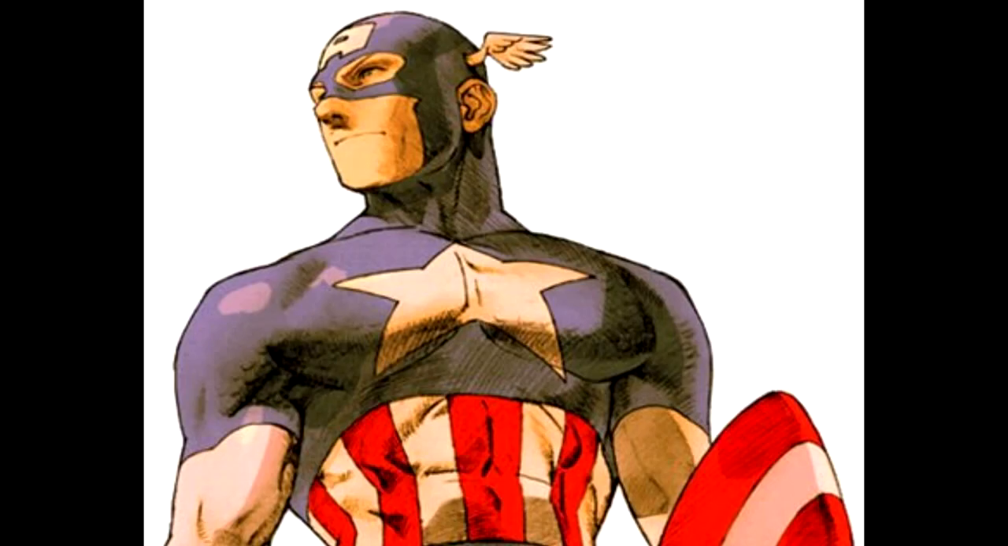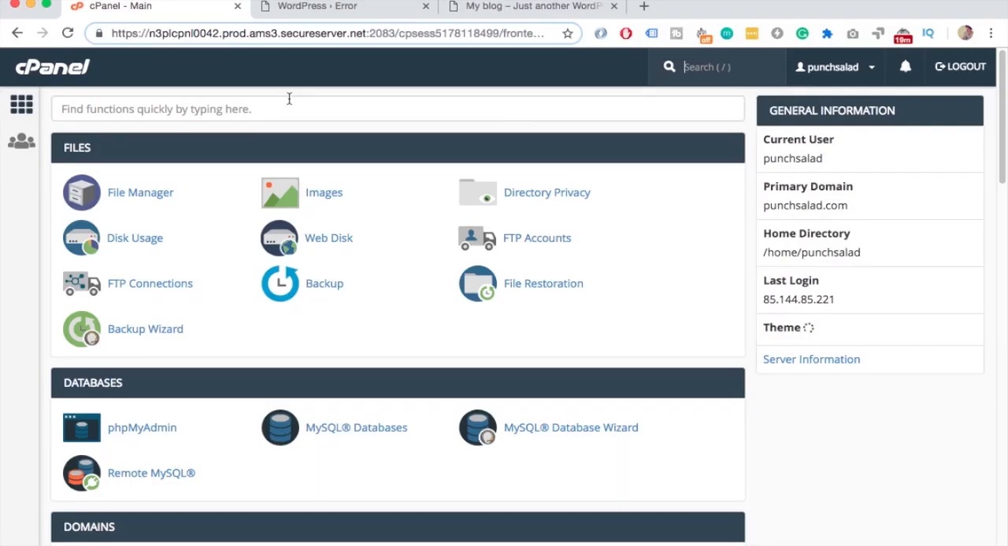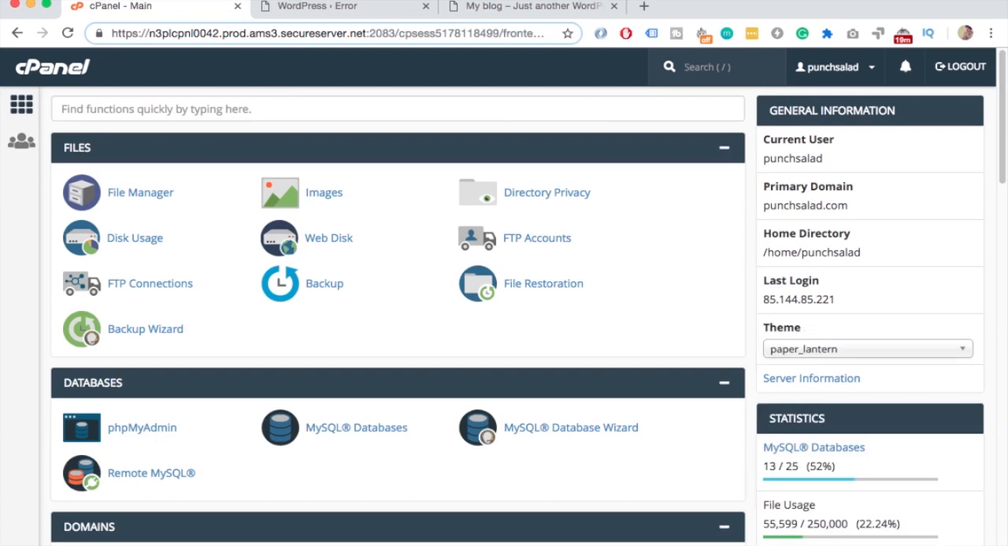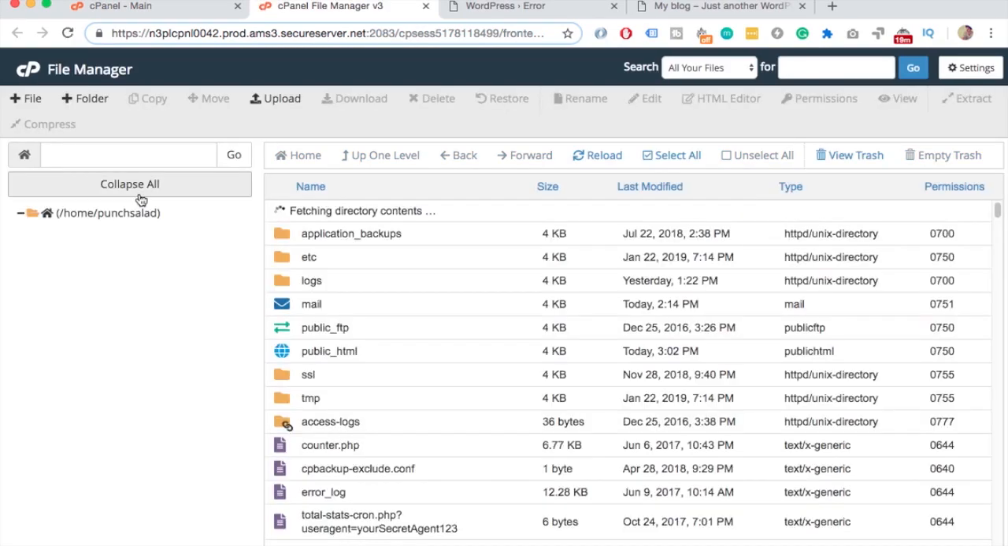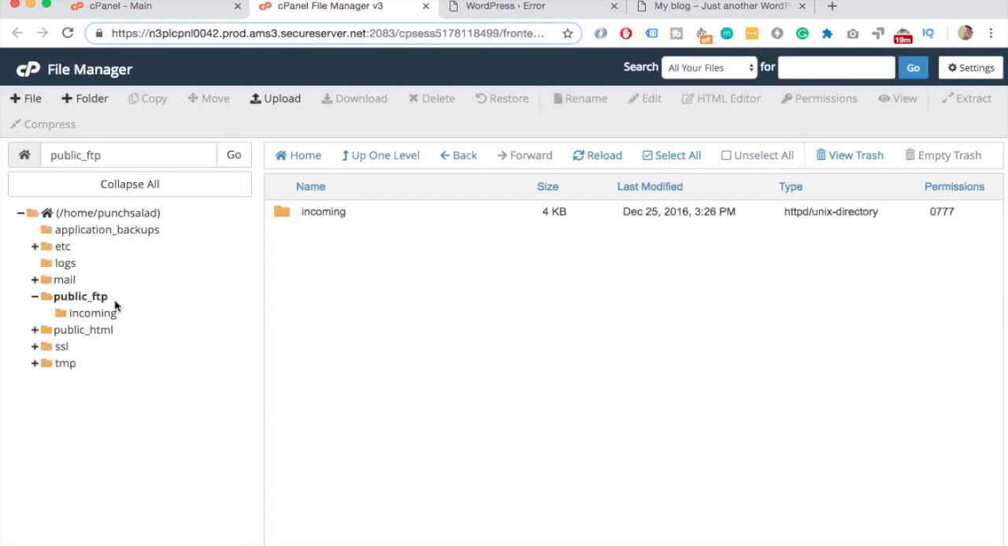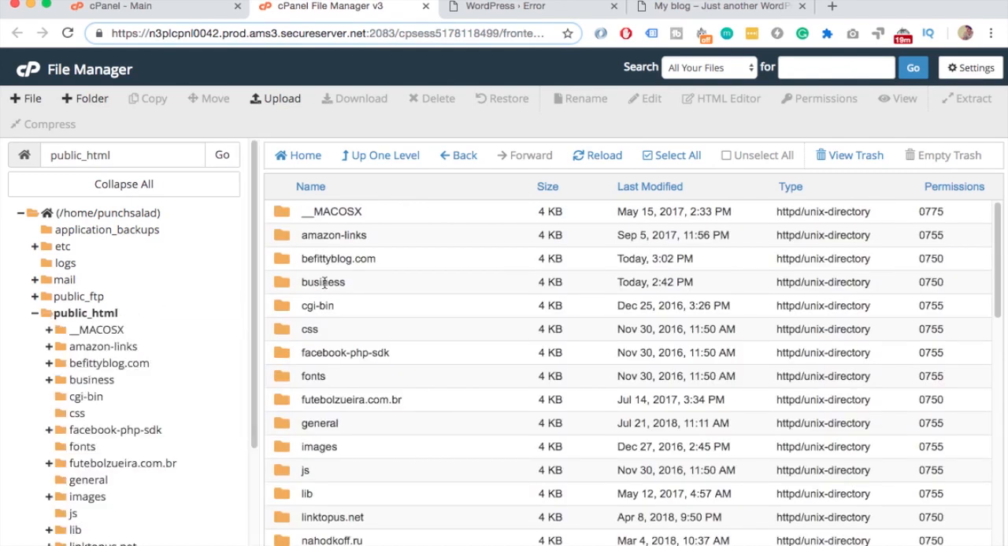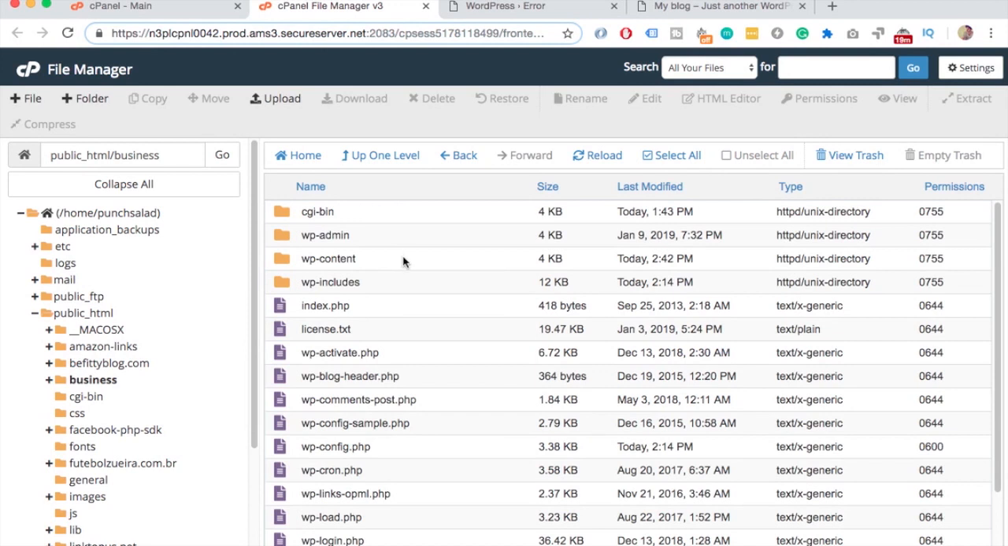Enable WP debug. First, let's enable the WordPress debug. What this will achieve is that if there's any errors, they will show up on your side. So to achieve this, go to your cPanel dashboard and then click on File Manager. Once it's loaded, go to your public HTML and find the domain you're trying to fix. So go inside of it, in my case it's business, and here you go into